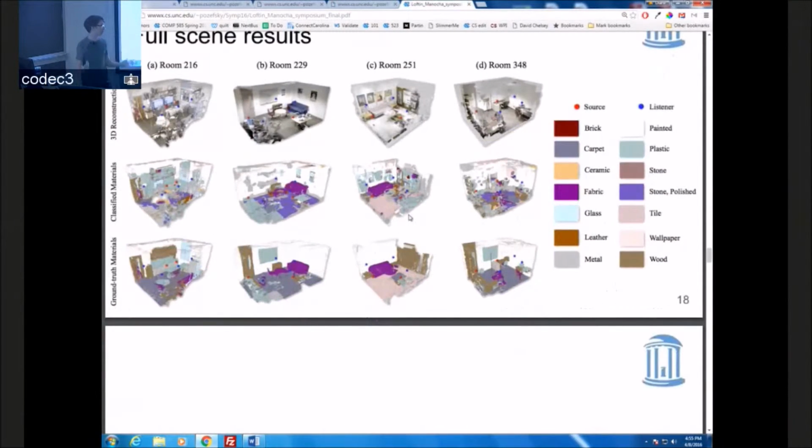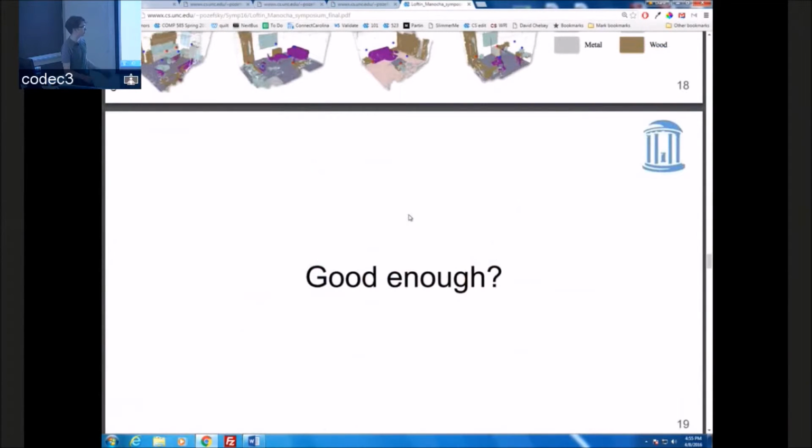And the question is, is this good enough? Can we just take images of the room, classify them, project them in, and then do the sound simulation and have that work? Turns out not really. So that's where we gave up. No, actually, we employed an optimization pipeline, but the reasons it didn't really work by itself is that,